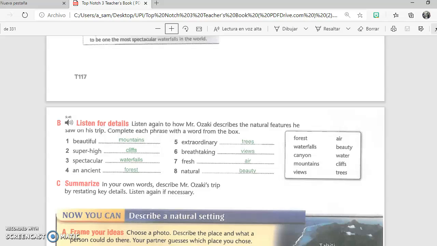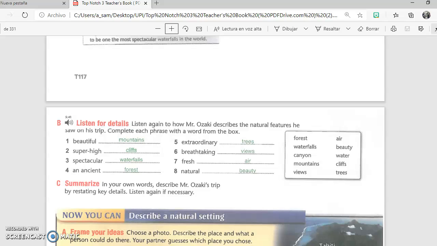So you're going to use these words to relate these words with the other words. Here we have a beautiful mountain, super high cliffs, spectacular waterfalls, an ancient forest, extraordinary trees, breathtaking views, fresh air,